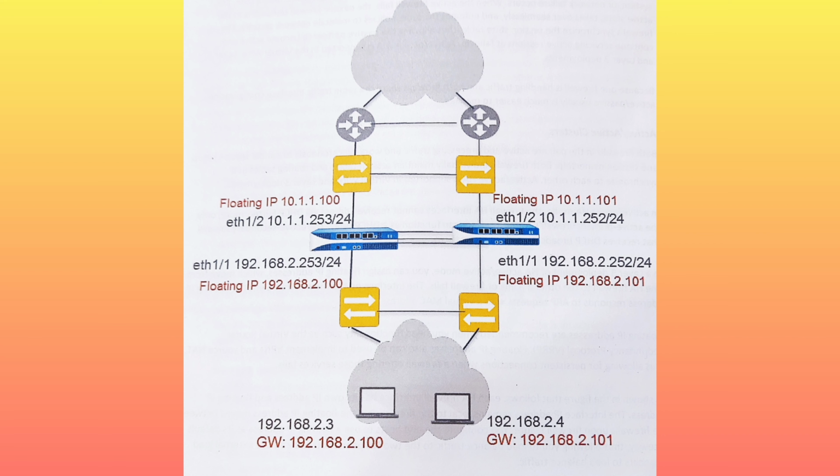After the failed firewall recovers, by default the floating IP address and the virtual MAC address move back to the firewall with device ID 0 or 1 to which the floating IP address is bound. More specifically, after the failed firewall recovers, it comes online. The currently active firewall determines that the firewall is back online and checks whether the floating IP address it is handling belongs natively to itself or to the other firewall. If the floating IP address was originally bound to the other device ID, the firewall automatically gives it back. An example is on the screen with the diagram.